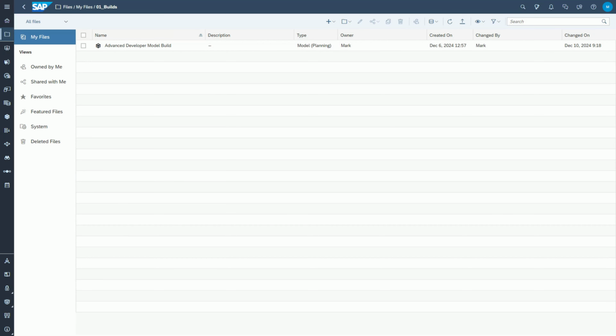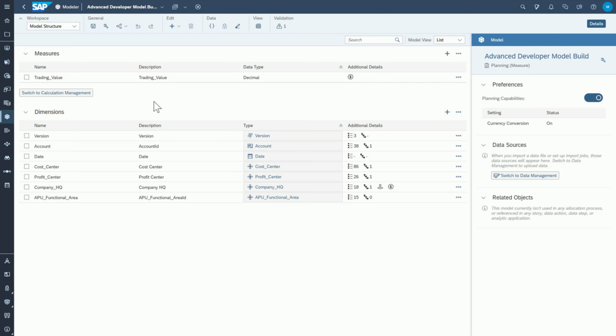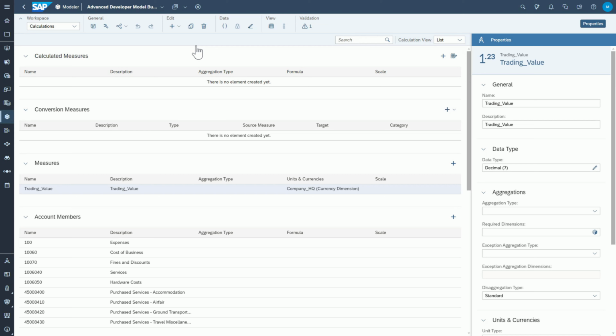This video tutorial is for the Model Calculations mission for the Advanced Developer course. I'm going to open up the model that you would have built if you followed along with the course setup videos. And in this model, we are going to do a couple of things. First, we're going to go to the Calculations workspace, and we're going to create a conversion measure that we will